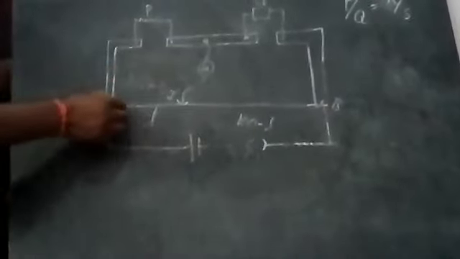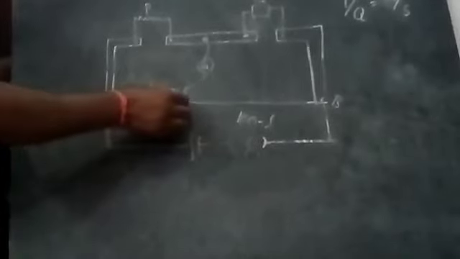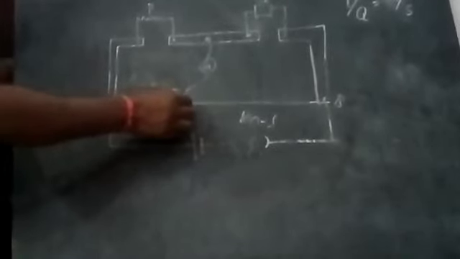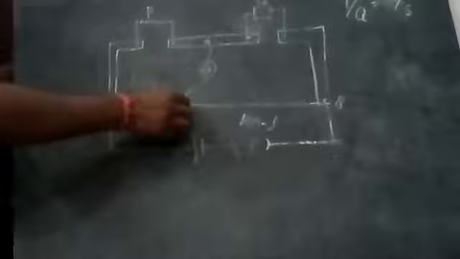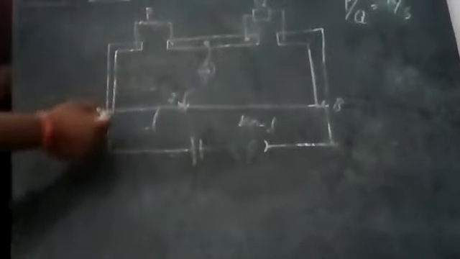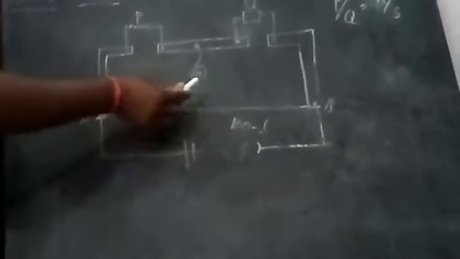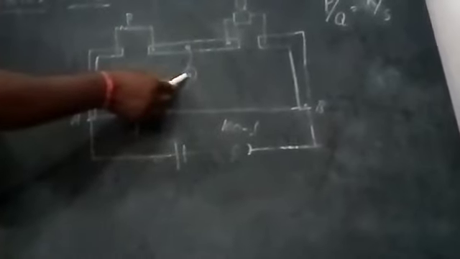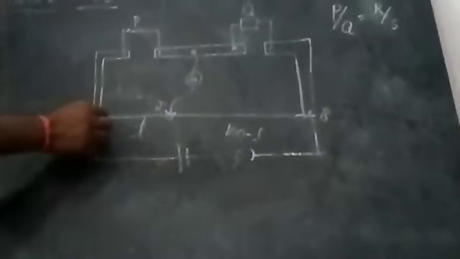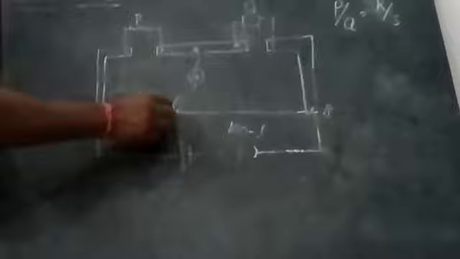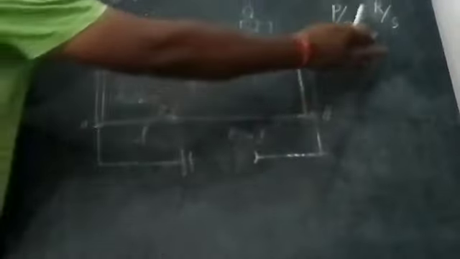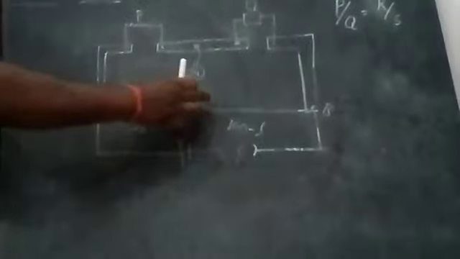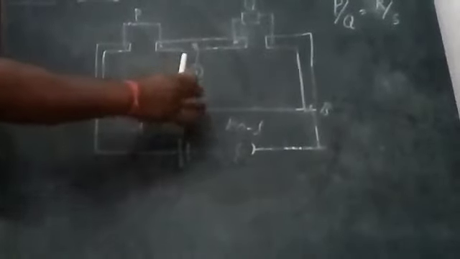After pressing the jockey at different points on the wire, where the galvanometer shows null deflection, the bridge is said to be balanced. In the balancing condition, the current passing through the galvanometer is 0. Then the length from A to J behaves like R, and the remaining length behaves like S. That means the total 1 meter wire is divided into two parts.